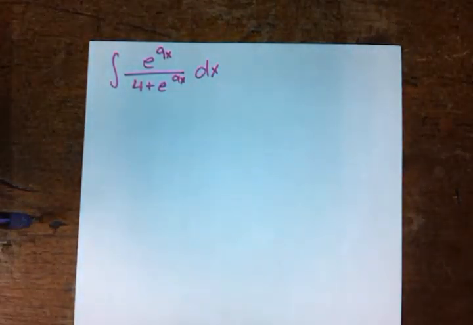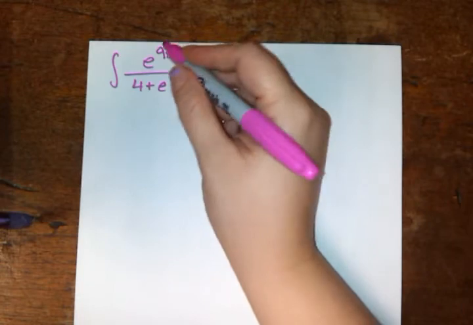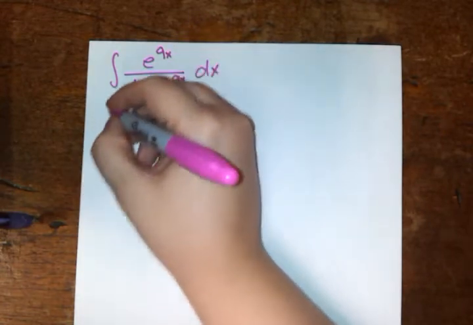Let's take a look at number 10 on homework 18. This one poses a few interesting issues, but we'll just address them as we get to them. This isn't that much more challenging than any of the other ones. We have a function that doesn't look like something we know how to take an integral of, but we could